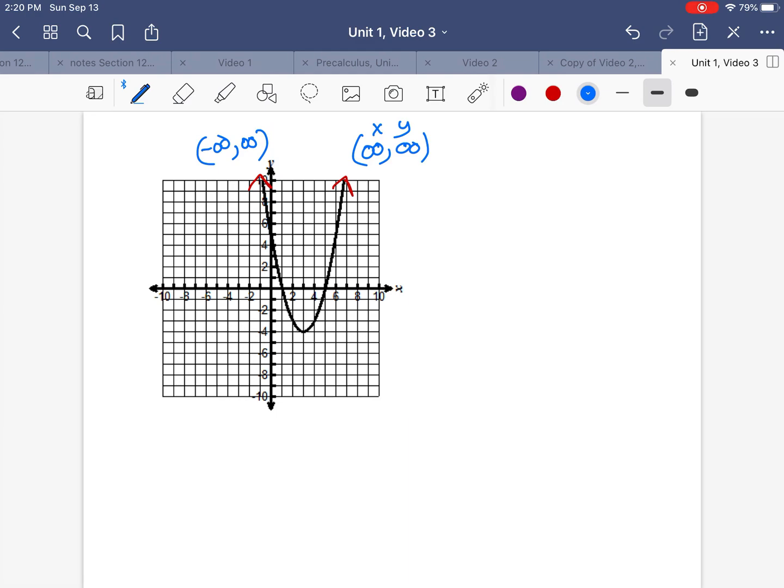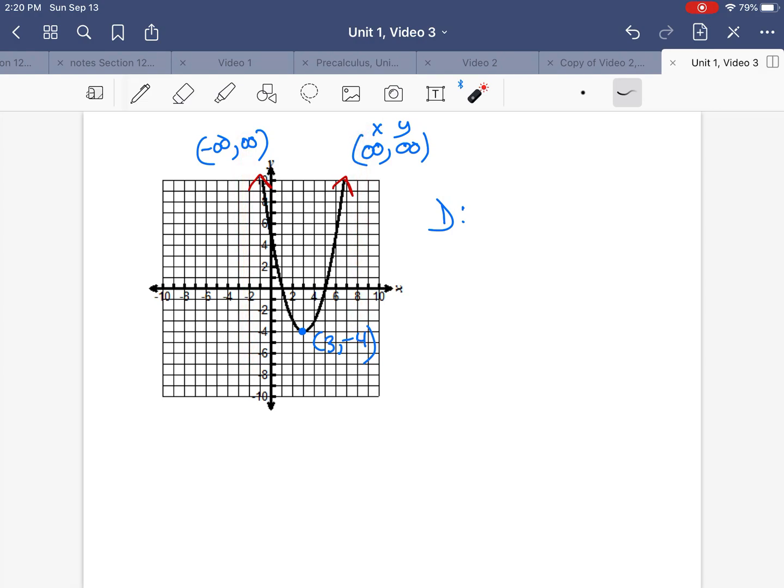Okay, and the other important point on this graph is right here, the vertex. That is at the point (3, -4). So these points are going to have something to do with your domain and range. All right, so my domain. How wide does this graph go? So if I try to draw a line where it stops, I don't really need one because